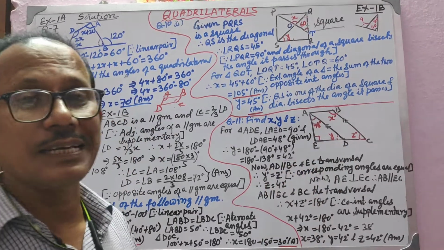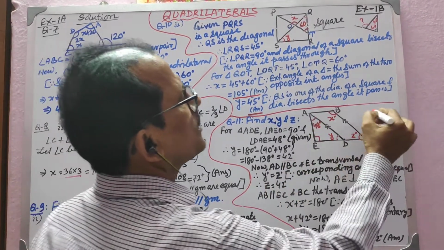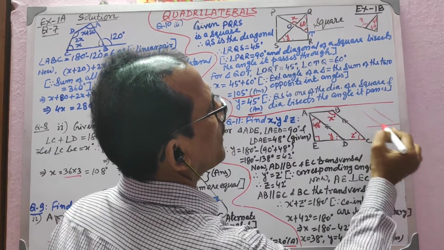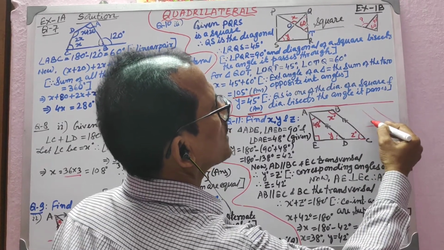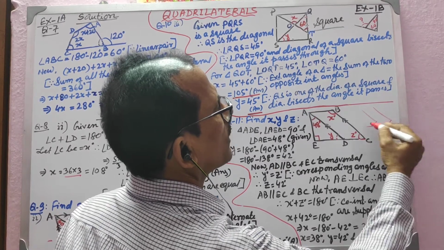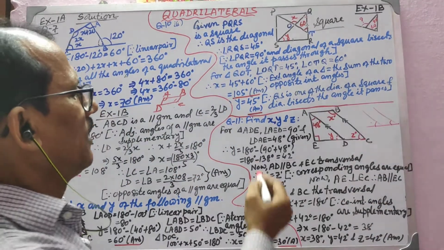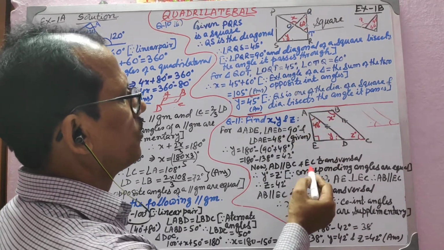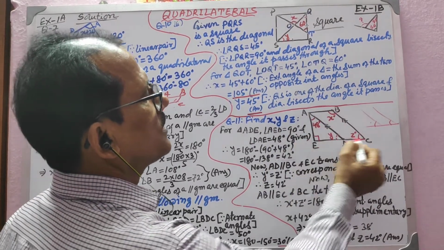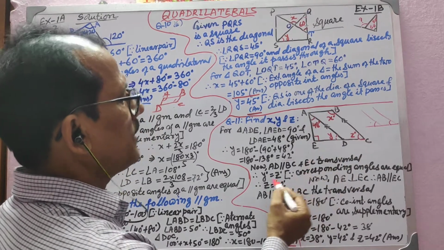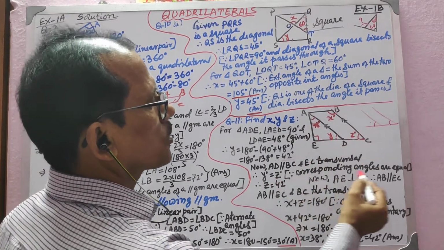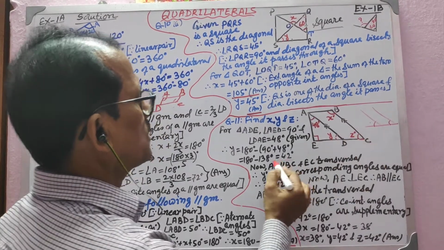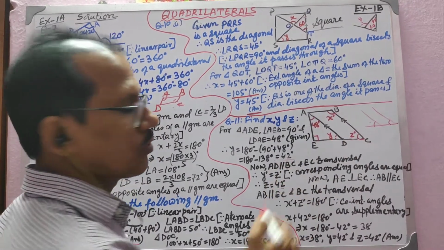y directly got it. Now see, these two are parallel lines, and here is a transversal. You got this. This is 48 degrees. These two are what angles? Corresponding angles. So AD is parallel to BC given to you, and EC is the transversal. Therefore, y is equal to z degrees, because corresponding angles are equal. Now z is also 42 degrees, because y is 42 degrees, z also will be 42 degrees.